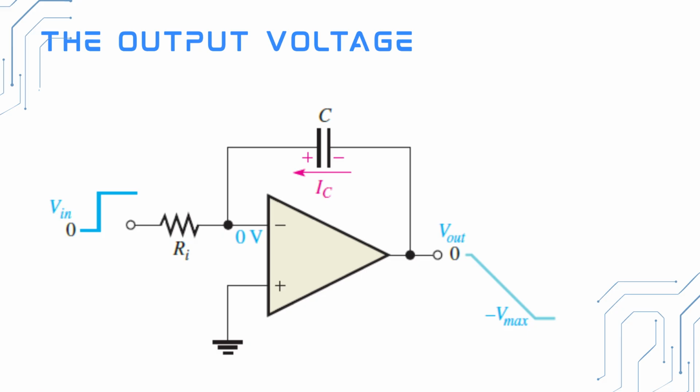Kapag yung ating constant input voltage in the form of step or pulse, kung saan yung pulse ay may constant amplitude kapag high, so ito po yung ating i-apply. So the output ramp decreases negatively until the op-amp saturates at its maximum negative level. Kung mapansin natin, so V in, meron tayong step na input and then yung atin pong output ay naging ramp. Nagde-decrease siya negatively hanggang sa maabot yung saturation level.